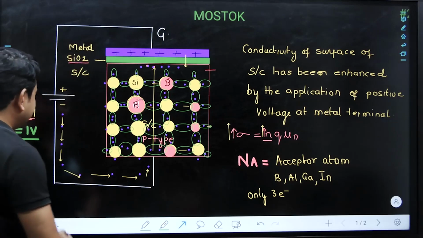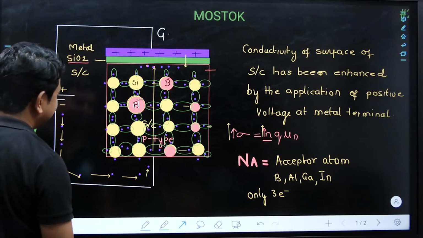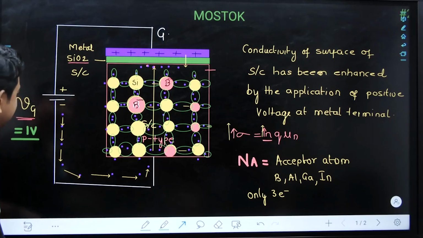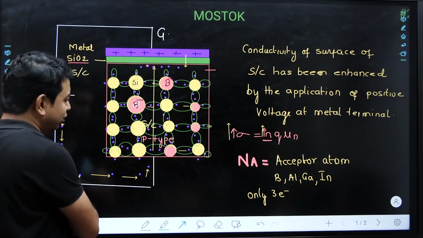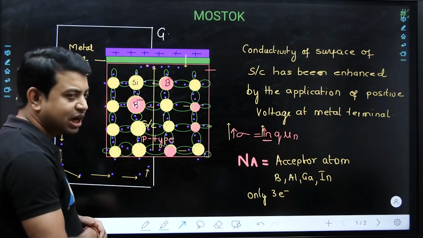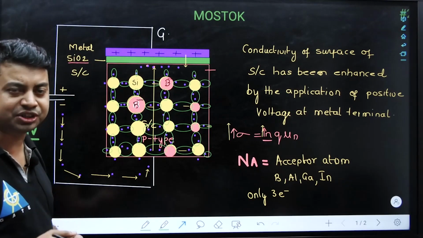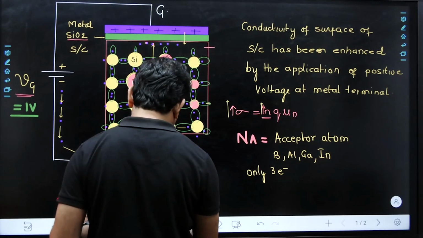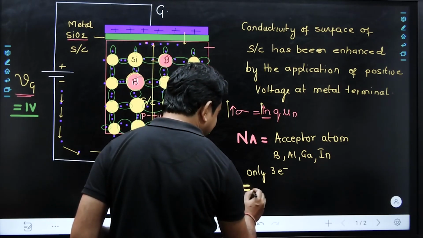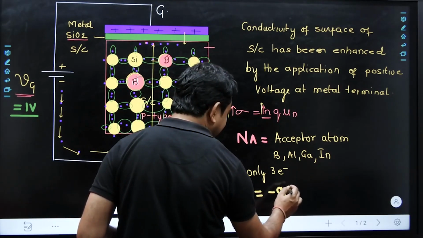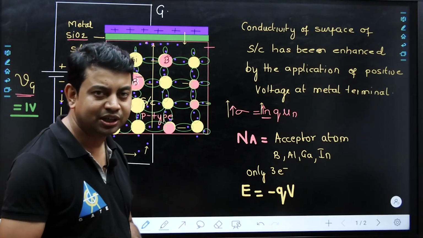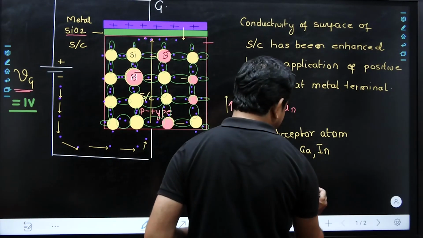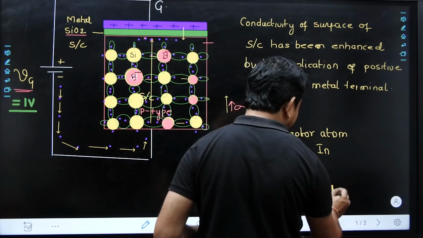So I mean to say that if you increase the voltage above some specified value, suppose 1 volt, what will happen at this condition? Because this 1 volt is supplying some energy. How can we connect the energy and the voltage? This energy is nothing but Q into volt. So definitely the voltage will supply some energy, and if this energy is greater than the energy gap, I think you know what this energy gap is.